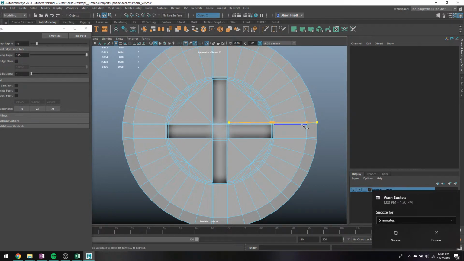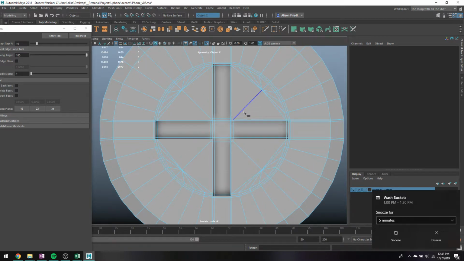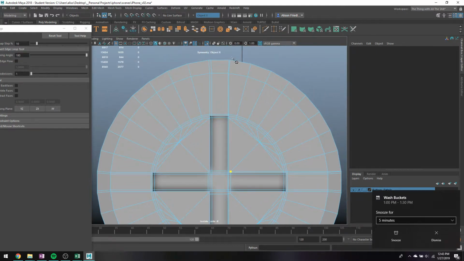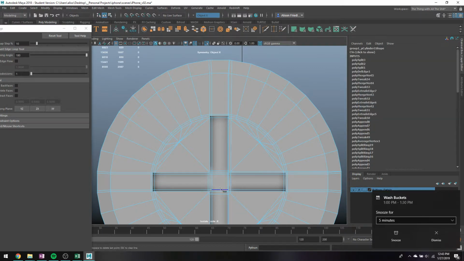Alright, multi-cut tool for the win. I just need to go back and clean up the stuff in there, but I'm okay with that. This is not super clean geometry. It's not even anymore at all, but